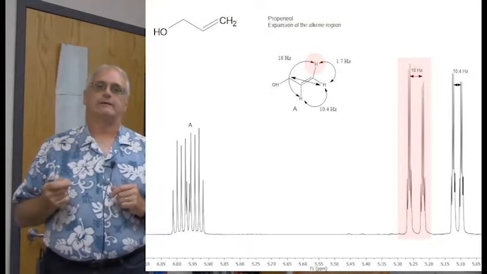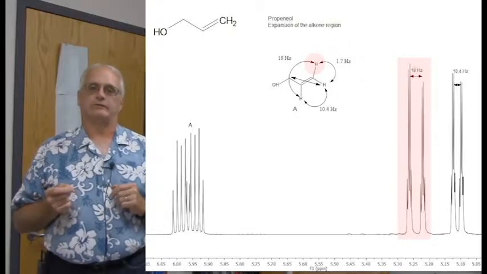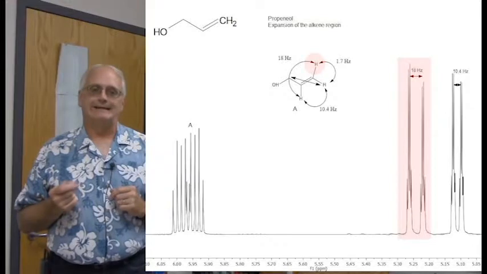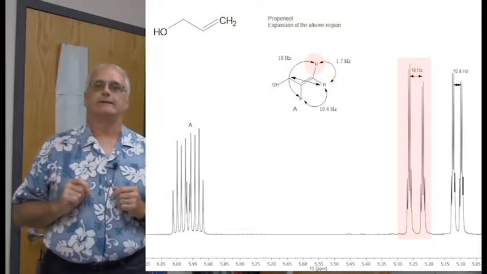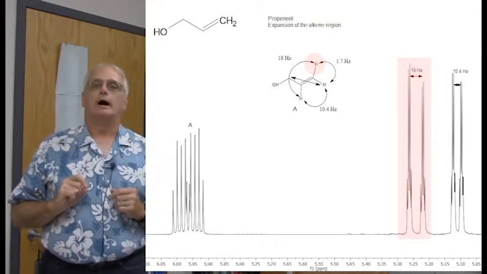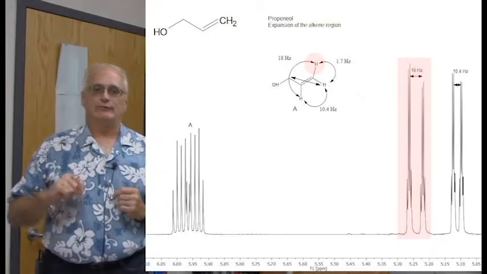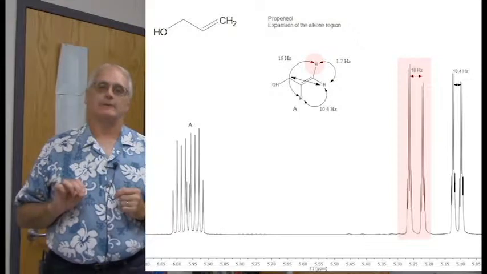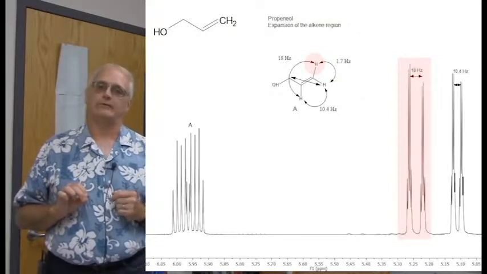and then a second doublet because of the geminal coupling to its neighbor, the cis proton on the same carbon, and then a long-range coupling back to the CH2 group through the double bond. And if the long-range coupling and the geminal coupling have roughly the same coupling constant, here around 1.7 Hertz, then